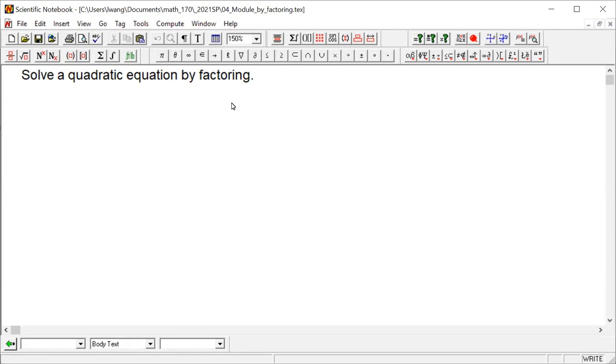Hello. In this episode, we're going to talk about how to use factoring technique to solve a quadratic equation. Regarding factoring, please refer to another module, module number 5, for factoring techniques, factoring trinomials. So here, we're going to talk about solving quadratic equations by factoring. First of all,